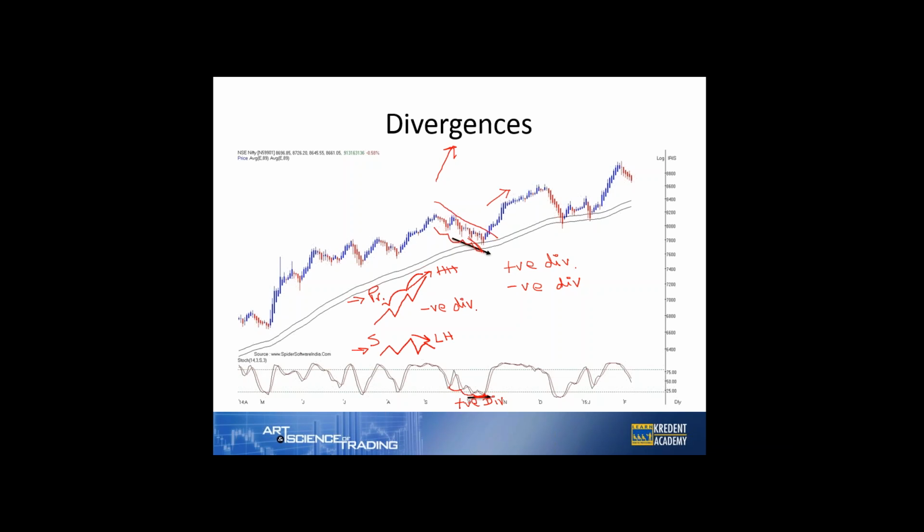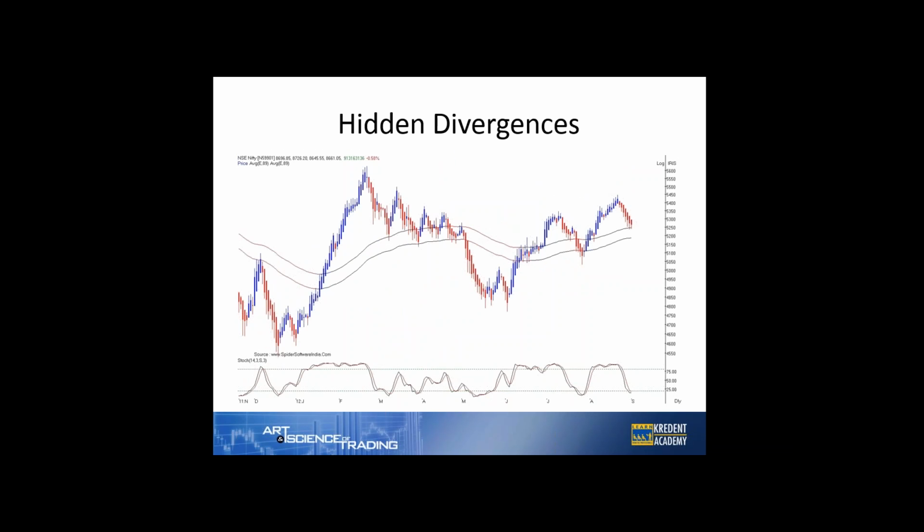Once I'm done with stochastics, I'll open my software on Spider or any of the ones I use, and I will go through random stocks and find out if there are divergences on the stochastics or the RSI indicator, be it positive or negative divergence. Few things that I would like to show you. There's something called a hidden divergence.